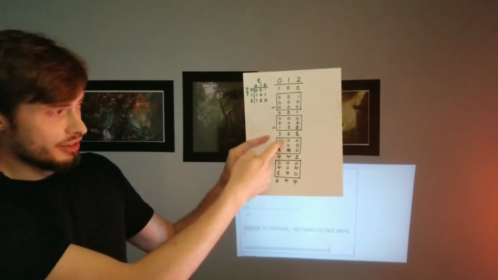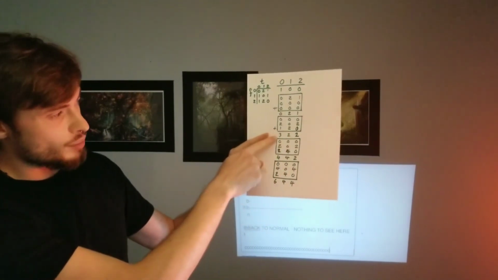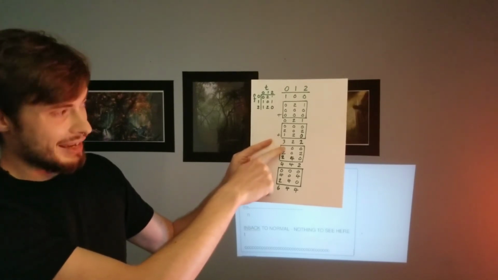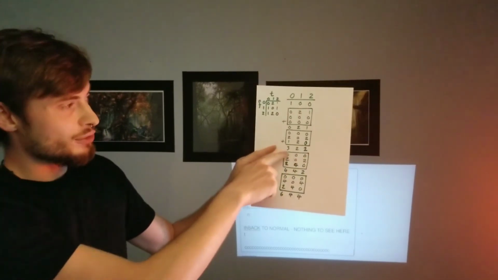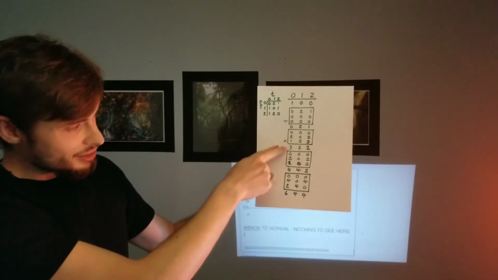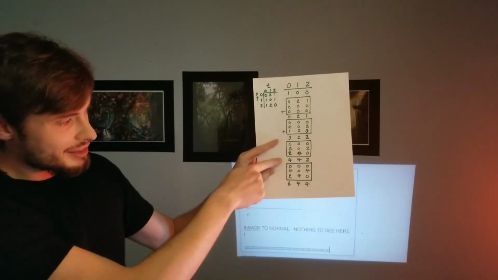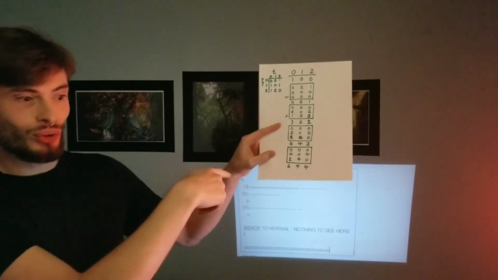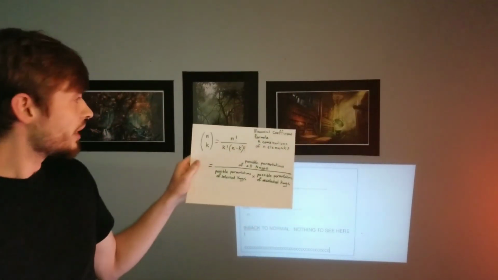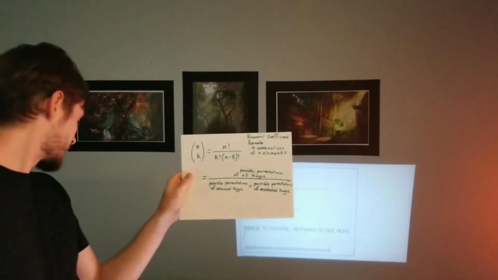And so carrying on in this way, you can get the number of sequences possible to end at the 0 state after 1, 2 transitions, or 3 transitions, or 4 transitions, and so on and so forth. So putting that into a kind of formal math notation, apparently this